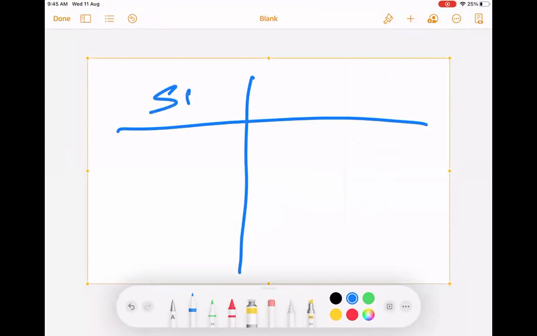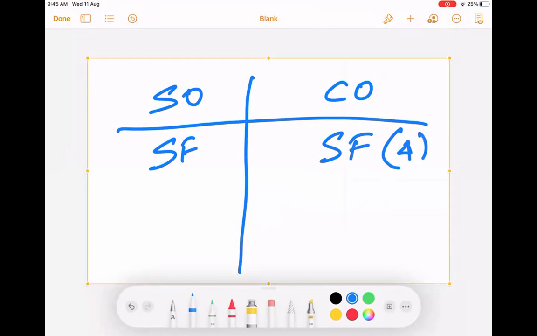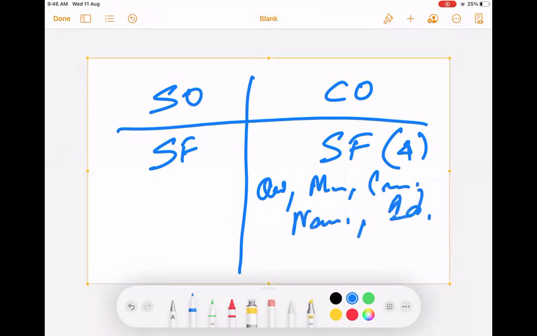So standard object and custom object. Standard object will have standard fields and custom object will also have standard fields. How many? We saw 4 on the screen, right? Owner, then last modified by, created by, and name field. There are some more, the ID field is also there, right?